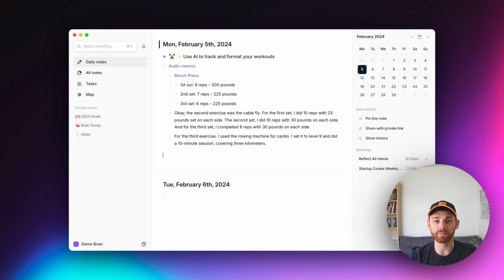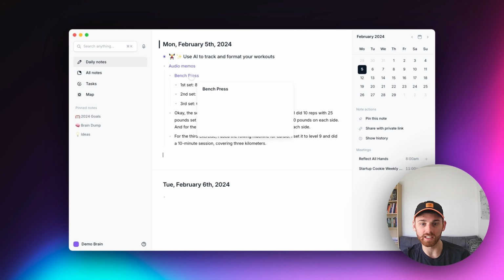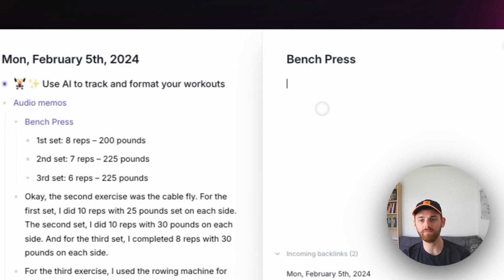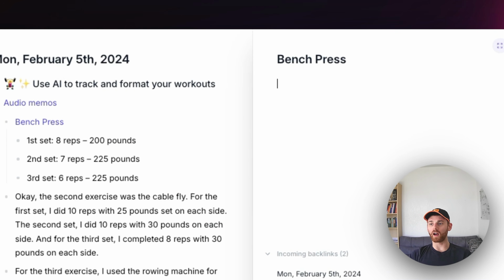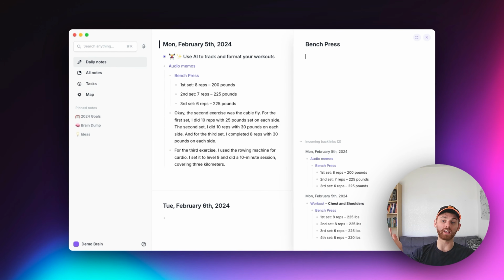It said that it's the bench press. It got all of my different sets with the number of reps I did and the weight that I put on it. Perfect. And by the way, you can go into these backlinked exercises and put whatever you want here. Maybe I want to include a YouTube video on how to do the exercise correctly. Maybe I want to include what my goals are for this year. Maybe, I don't know, you can include any context you want,